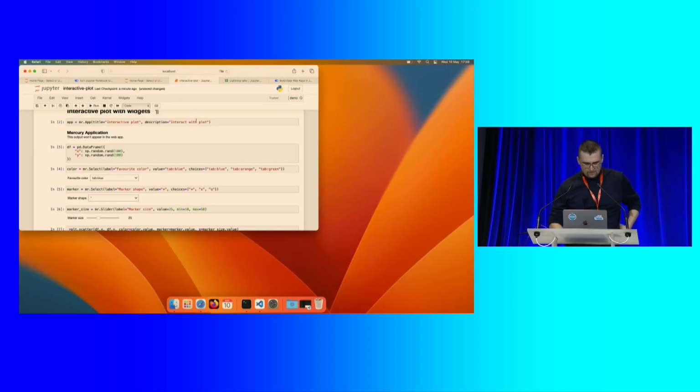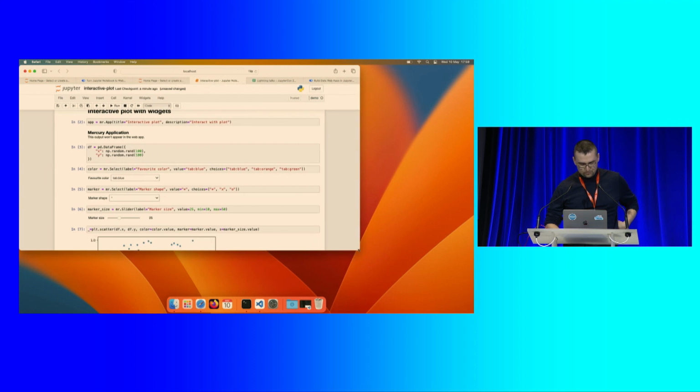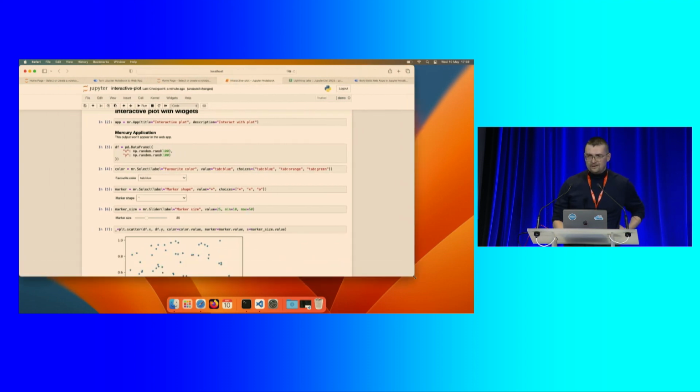Okay, so I would like to show you that you can have interactive widgets in the notebook without callback functions. So I'm working on a package that is called Mercury. And in Mercury, you have widgets that you can use in the notebook. So this is a very, very simple example: we have a pandas data frame with 2 features, some random numbers, and we are doing the